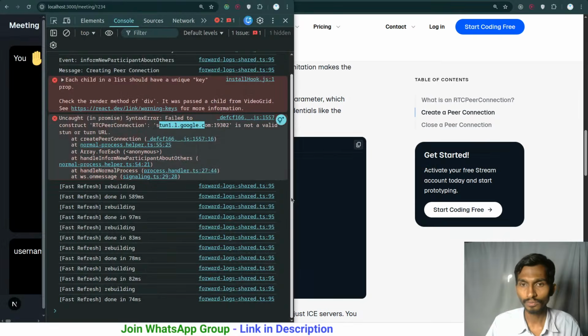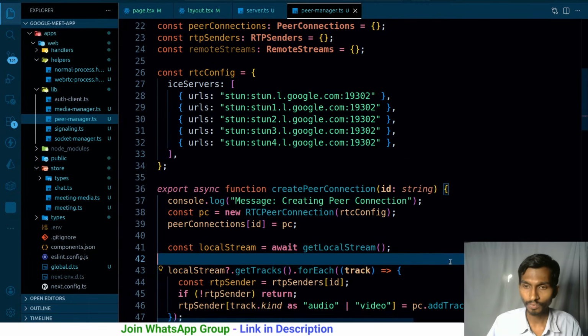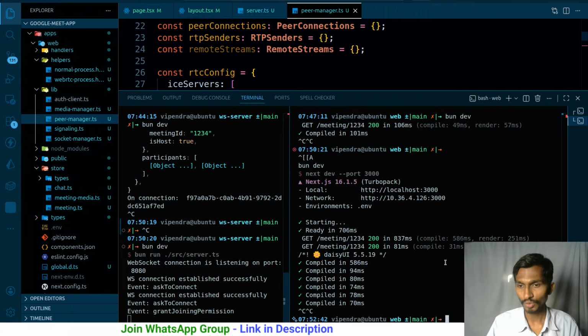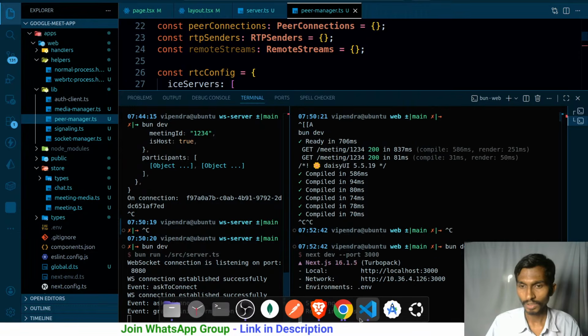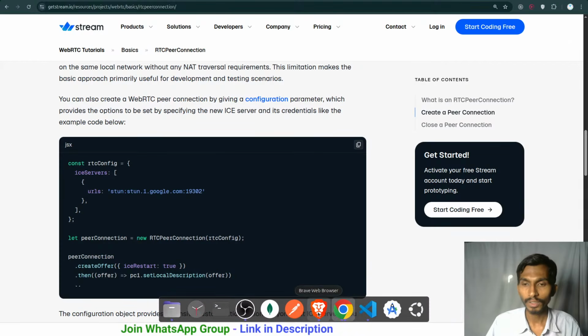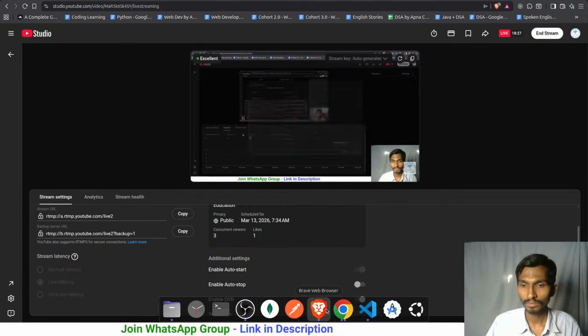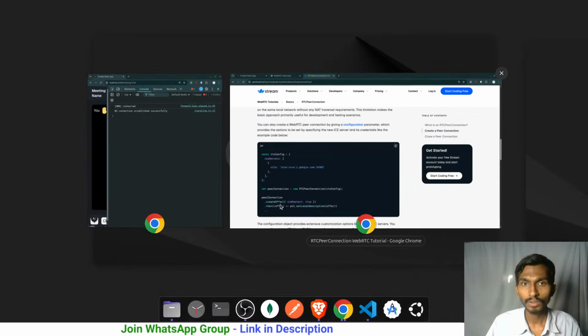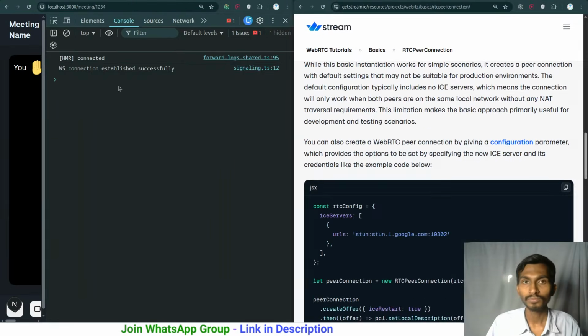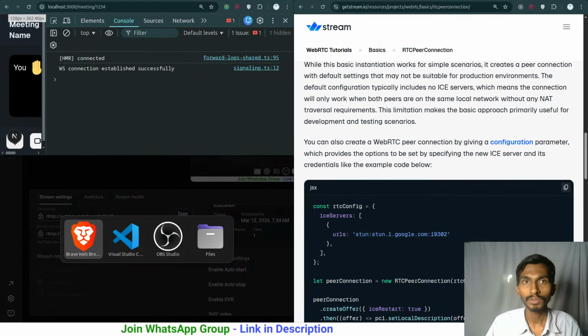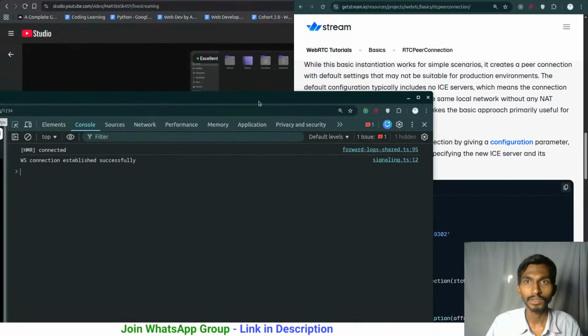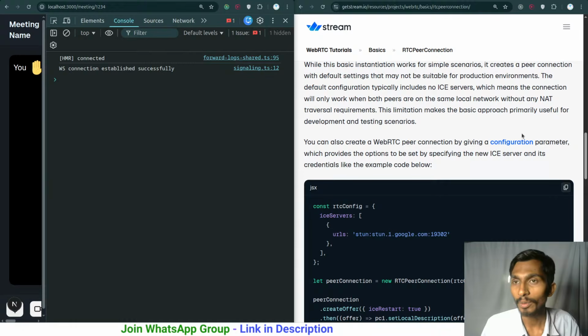So coming back to this one, what am I gonna be doing right now? Nothing, just restart the project, just like this. So ultimately it's gonna be restarted. Coming back to this, where am I supposed to be going? Let me keep it on the left side, let me keep it on the right side. What an idiot I am. But coming back to this,